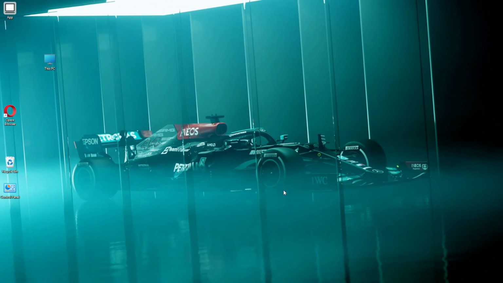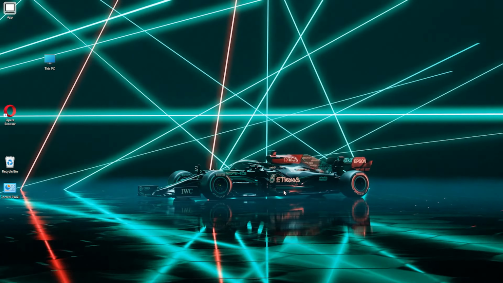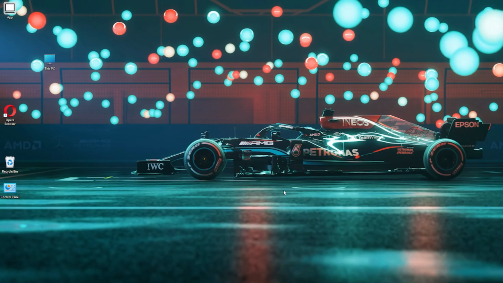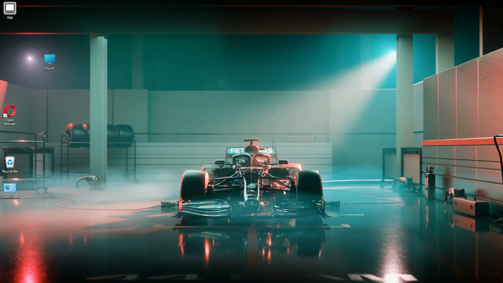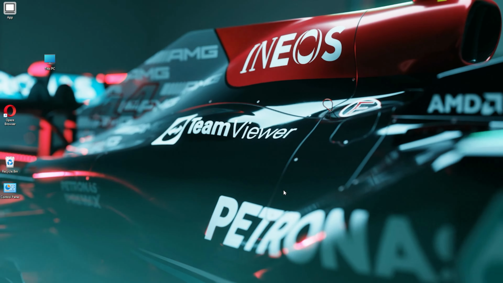And that's it. You now have an exciting Formula 1 Live wallpaper running on your Windows desktop, bringing the thrill of F1 racing right to your screen. Whether you're a die-hard Formula 1 fan or just love high-speed visuals, this wallpaper will keep your desktop looking fresh